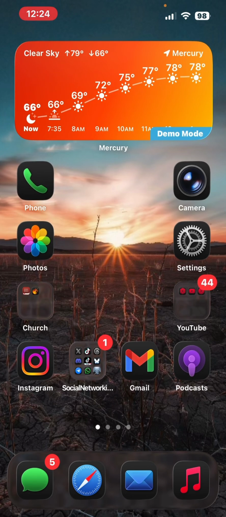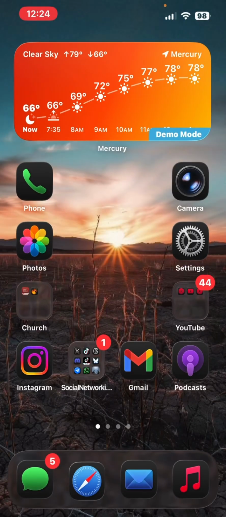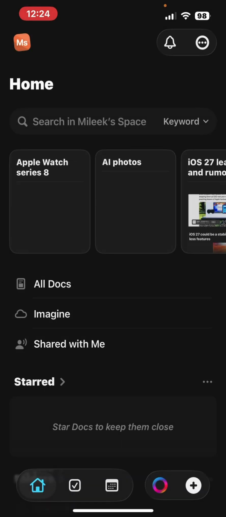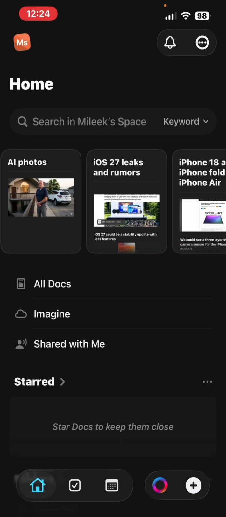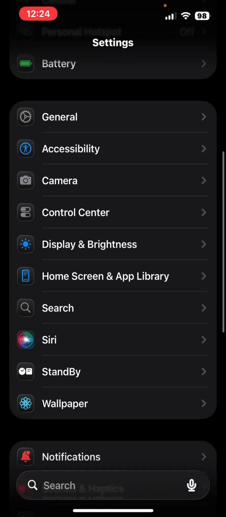Now, what can we expect to see with the new iOS 27 update? Well, I put this in the Craft app because I think we're going to have liquid glass sliders here, and we're going to have two of them. If we go into settings